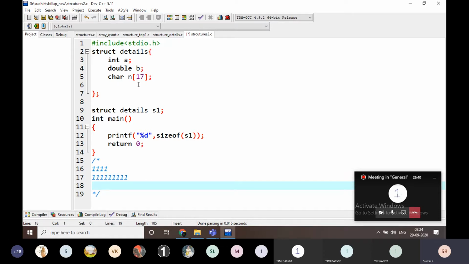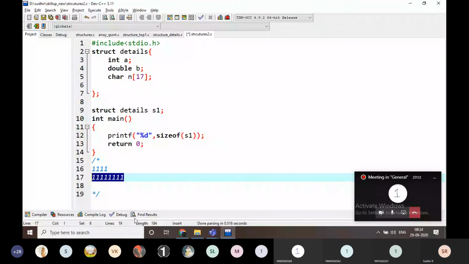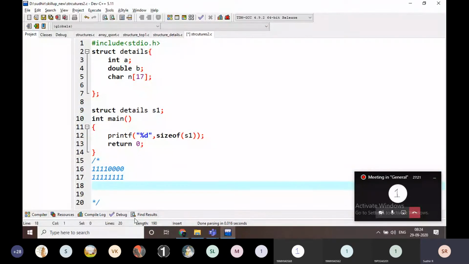For example, we are taking some integer or float or double or anything. We cannot divide it into 2 separate parts, for example 4 and 4. We cannot separate like this. Why? Because this is the total number here. We cannot separate a float or int or double into 4 bytes and 4 bytes. It takes totally 8 bytes. That's why we have to take the integer also as 8 bytes. Just observe what the difference is here.